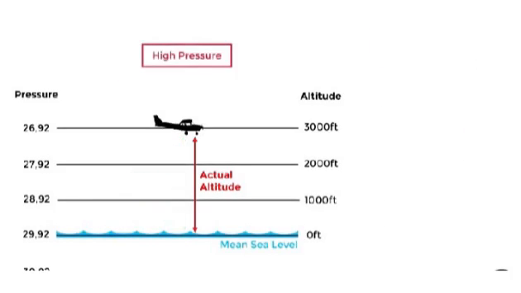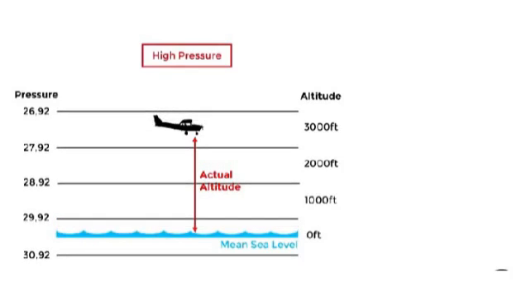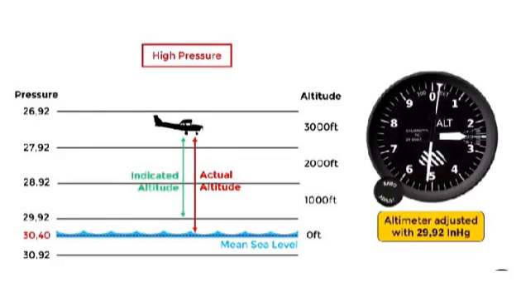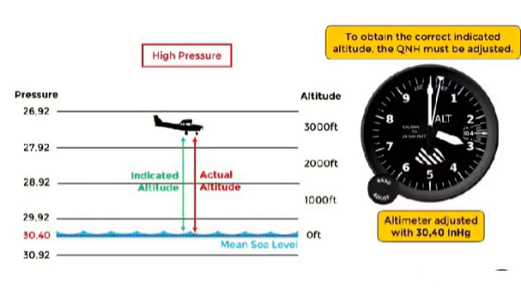However, if there are higher than standard pressure conditions, the isobars will move upwards, and therefore, the pressure at sea level will be higher than 29.92. In this particular example, it is 30.40. In this situation, if our altimeter is still adjusted with the default setting of 29.92, the indicated altitude will be lower than the actual altitude. So, in order to obtain the correct altitude reading, the altimeter must be adjusted with the current QNH, in this